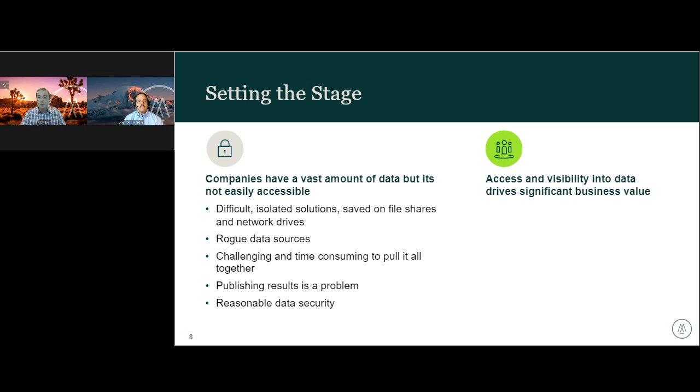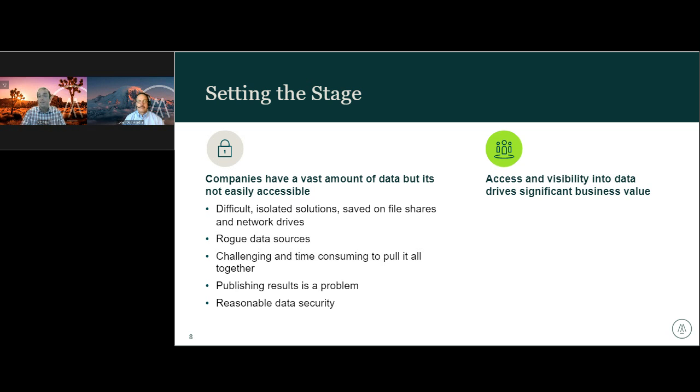Challenging and time consuming. I'm beating a dead horse here, but logging in manually to those sources and pulling. Publishing and sharing is also a challenge if there's not a comprehensive platform. Maybe we're sending around multiple versions of an Excel model, and I'm guilty of this. If you're sending around multiple versions, you're not working off the latest and greatest, and that's when the discussions fall down.